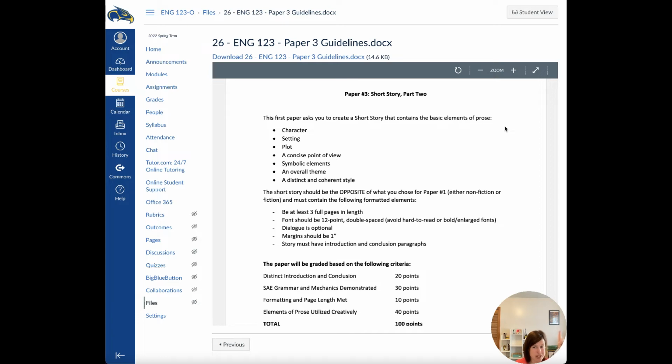So you can write about yourself. That's one option if you do nonfiction. You can write about a family member or a friend. And again, consistent point of view. Just because it's nonfiction does not mean it has to be in first person. You can write it from a third person point of view, a second person point of view, as long as the story is based on a real person, place, or event. That's what I'm looking for in nonfiction. You could even write about something that doesn't involve people at all.